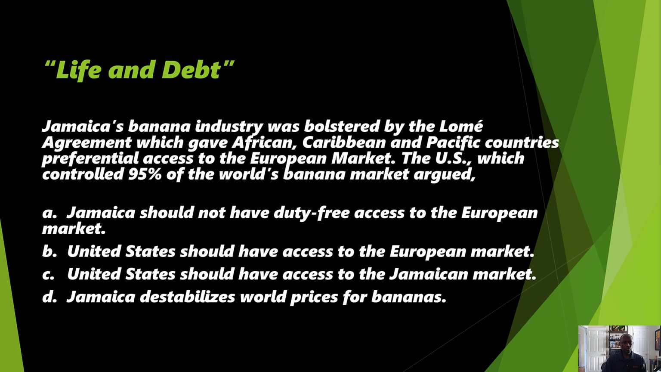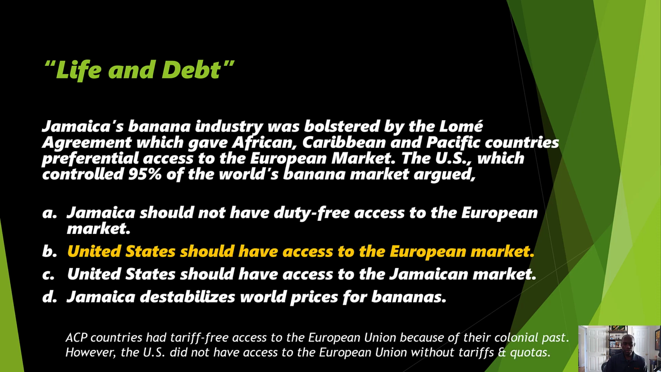And lastly, the banana industry was talking about the ACP countries, African, Caribbean, and Pacific countries. They had a preferential access, tariff-free market, but the American companies, which controlled 95% of the banana market, wanted to compete in the other 5. They had access, and I should have worded this a bit differently, because they had access, but it was access with quotas and tariffs. It was a restriction. So the answer would have been the United States should have access to the European market,